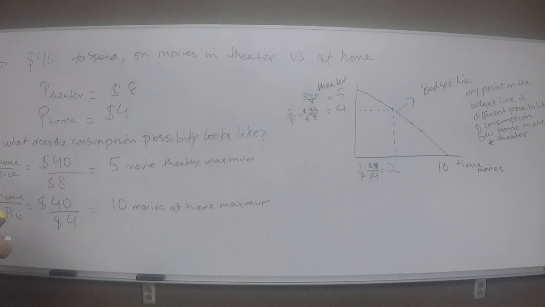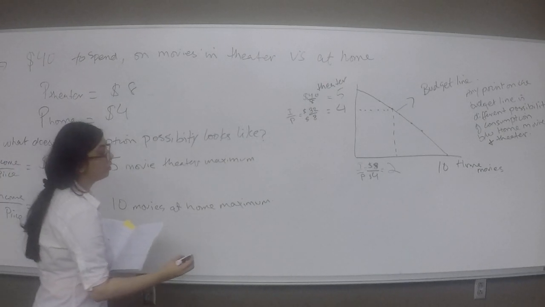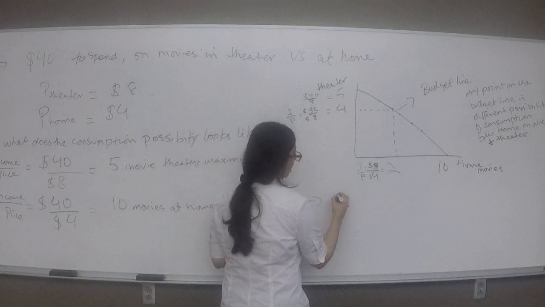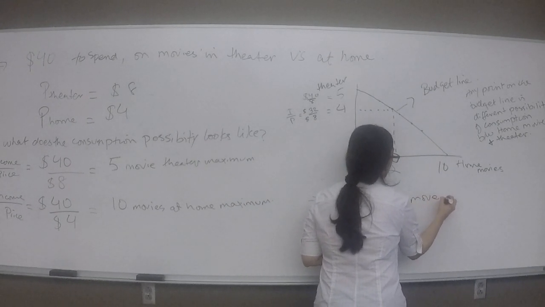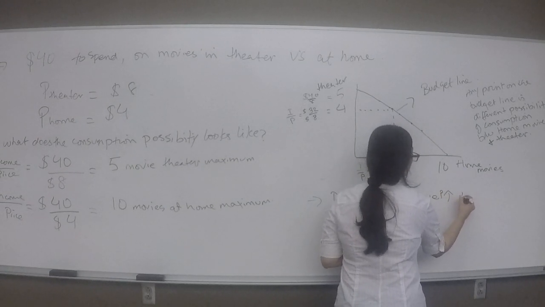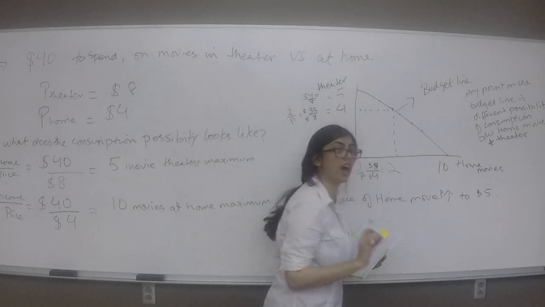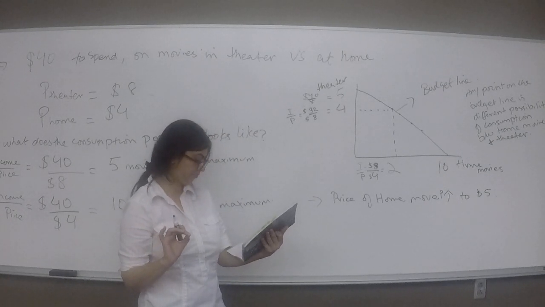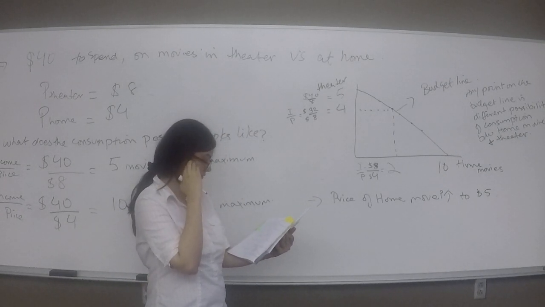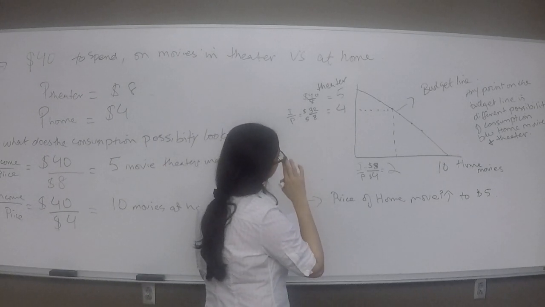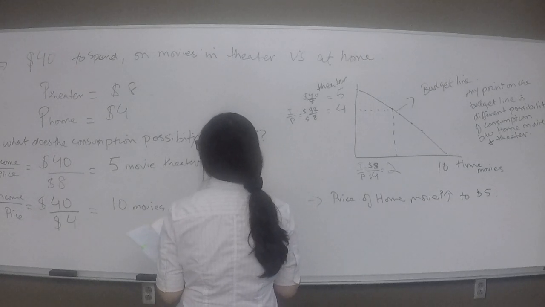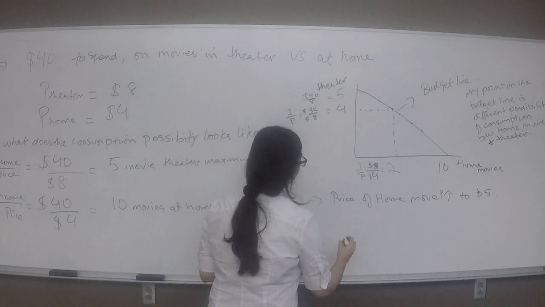What if we say now that the price of home movies goes up to $5? So now this is a new scenario where the price of home movies increases to $5. How will that affect your budget line? So before, the income